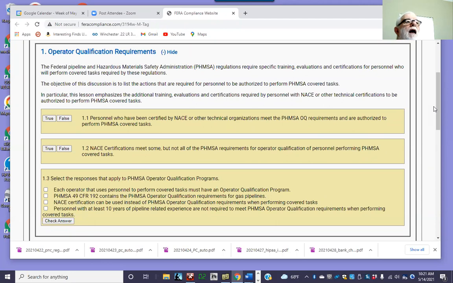A company needs to have an OQ program that says how they will qualify, train, and evaluate personnel that are going to perform tasks that are in their OQ program. And that's what this program is all about. Okay, so let's go through some poll questions and see if we have a general agreement as to each of these